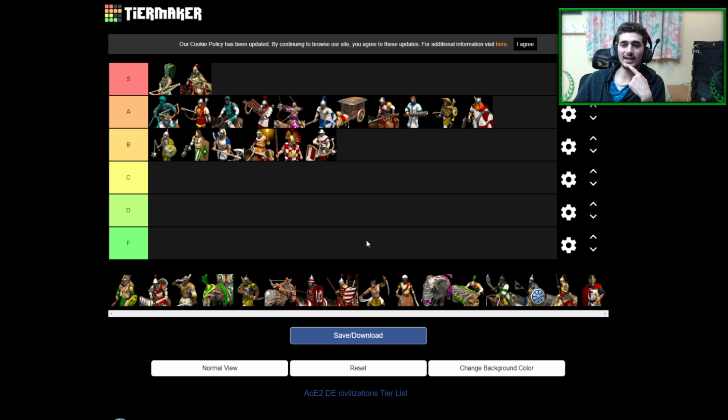Next up is going to be the Italians. So Genoese crossbows, they are interesting. They do more damage than regular crossbows, so you can already have some sort of argument to make them in Castle Age, albeit they are lacking 1 range compared to the crossbow. However, this unit mostly shines in Imperial Age, where if you get all the upgrades for the Italians, including their